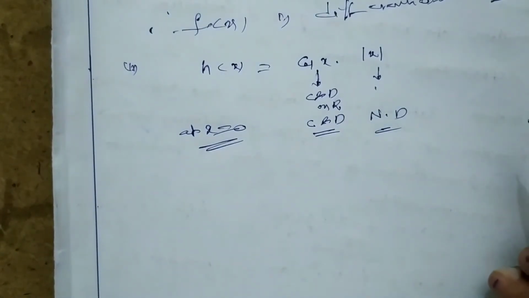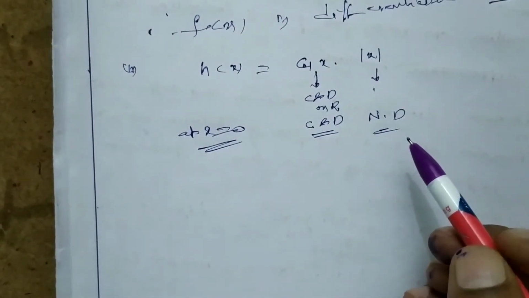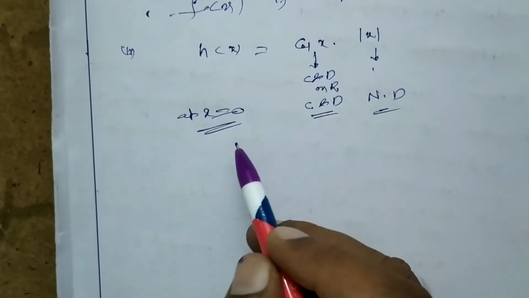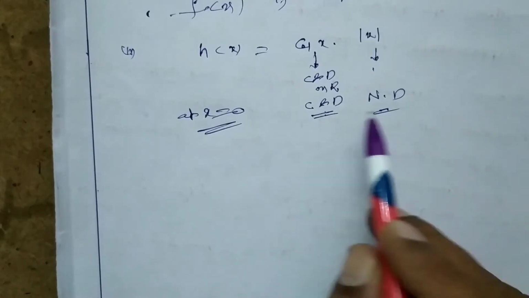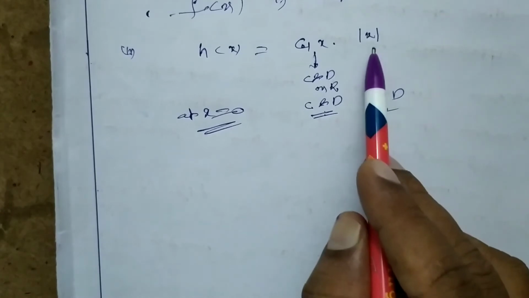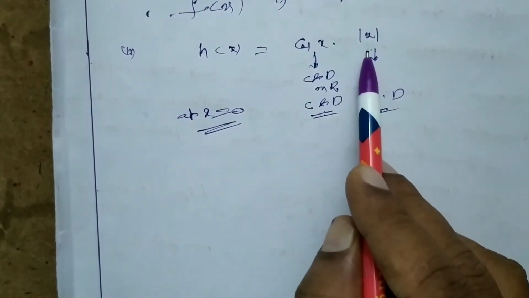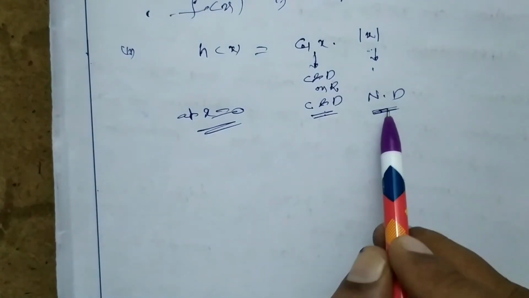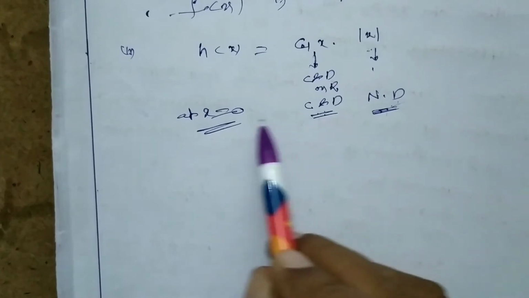At x is equal to 0, one function is differentiable and the other is not differentiable. But at that point, whenever this situation comes, one function is continuous, other function is not; one function is differentiable and other is not differentiable, it must be continuous. We should think that the second function should be continuous, then only we apply this theorem. So here that case arises: not differentiable, it is differentiable at x is equal to 0.